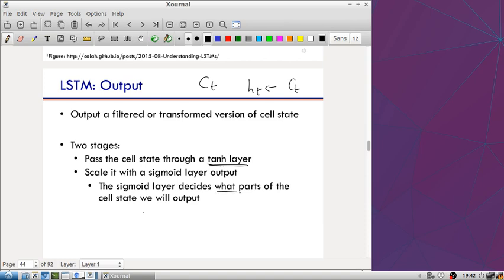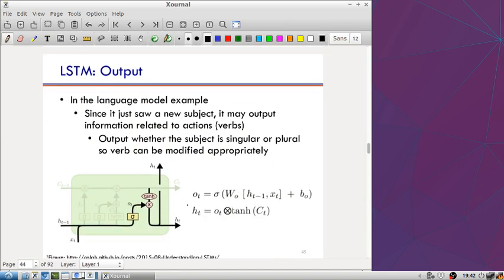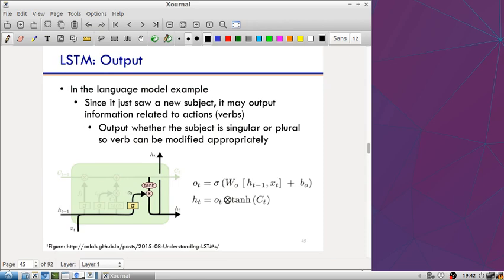This gate is just trying to decide what part of the cell state we will output. So the cell state is here. This is CT. That's going to go into a tanh layer, shown in a blob over there. And then again, the gate is always controlled with HT minus 1 and XT, which will do an element-wise multiplication with the outputs of the tanh layer, and that's going to be your HT, which is going to be ultimately shown to